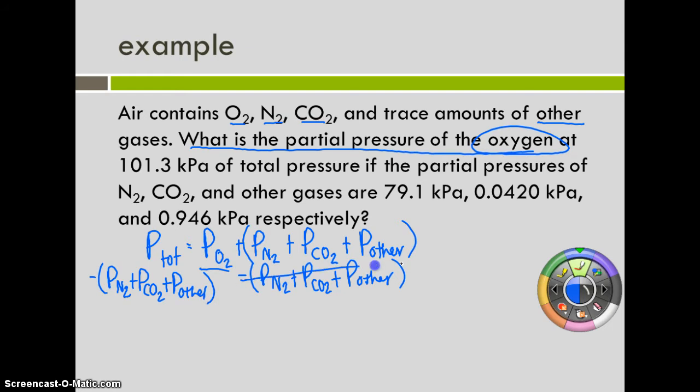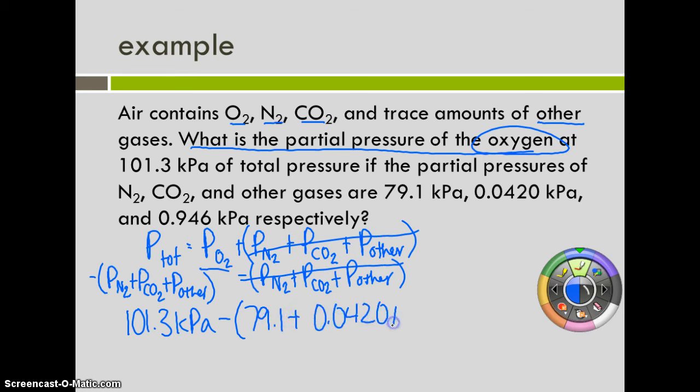And so this will go away, leaving us with the total pressure, which is 101.3 kPa minus the 79.1 plus the 0.0420 plus the 0.946,